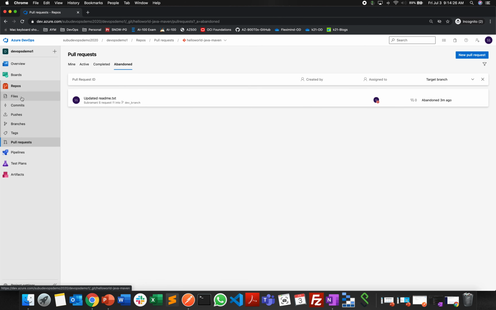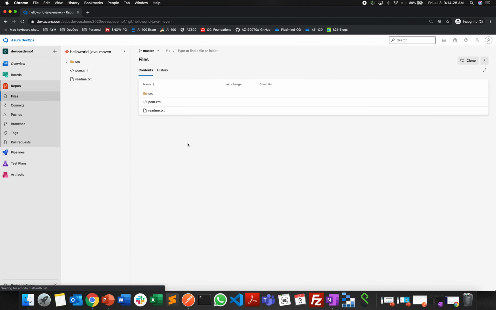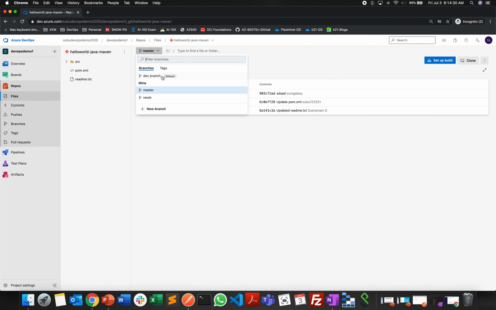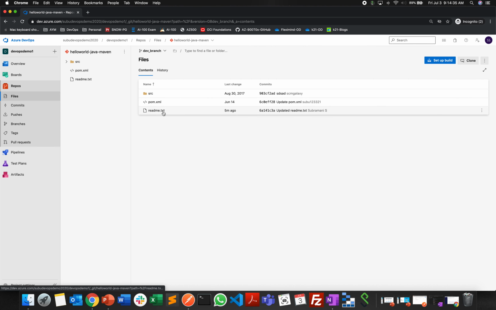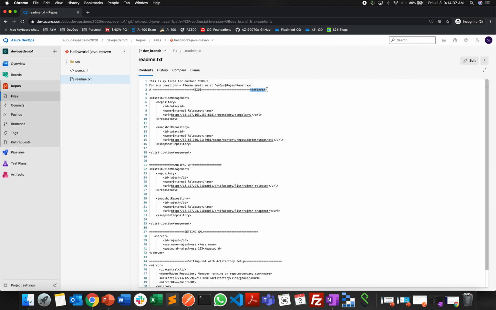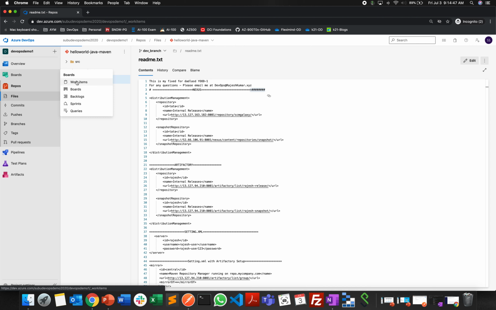So now when you go to the files, last time, if you remember, on our dev branch, it was not allowing us to make the changes manually. Now when you go to the readme, I can see these extra files that have been merged over here. Okay, so this is the branch policies option, and how you raise a pull request with the help of branch policies. Now we will go to the work item,